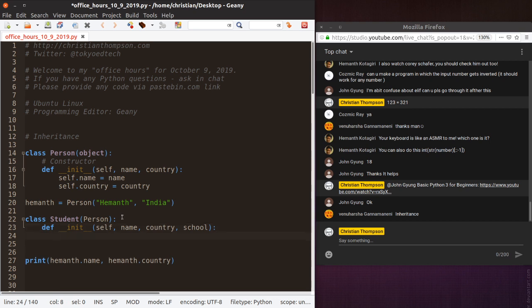Now watch what I do here. We need to basically call the parent class constructor. This is the parent class, and this is the child class. This is the way I usually do it. There's other ways to do it, but I like it to make it clear. So dot init, self,